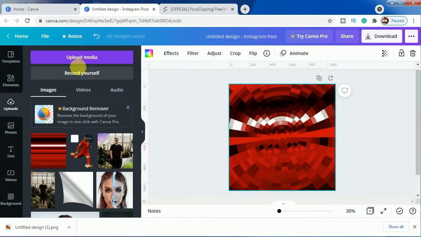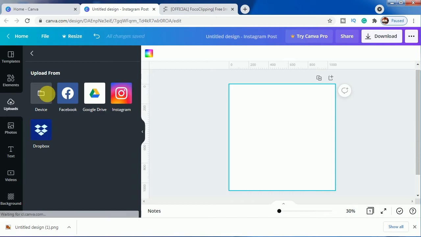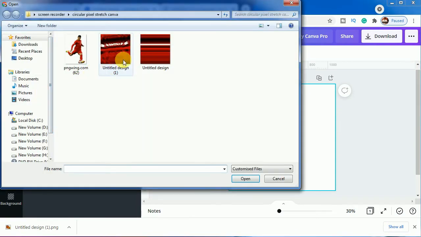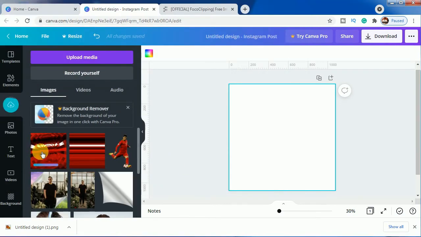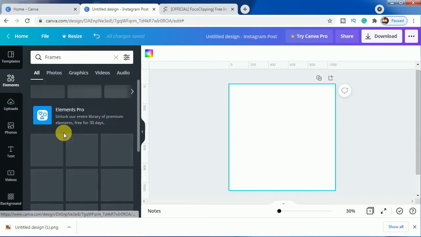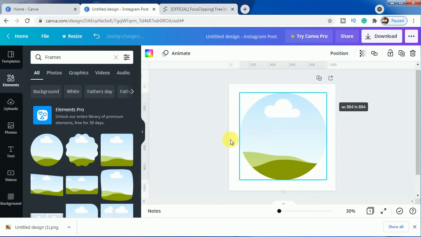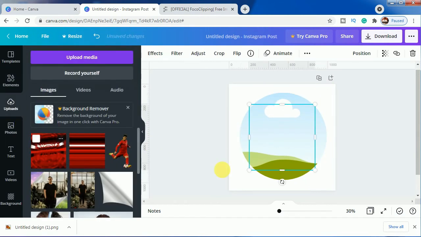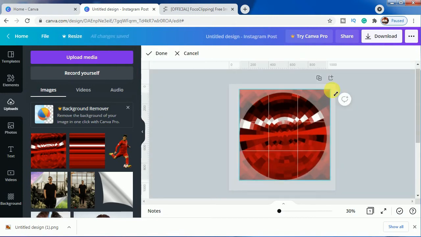Okay, now this one is done too, so we have to upload it again. Okay, we'll open it, but as you can see this is coming as a square image. So how to convert it to circle? So the solution is go to elements and find a circle frame, or you can just click on frames and click the first one, just make it bigger according to your frame and go to upload and just use it here. Okay, you can always adjust it